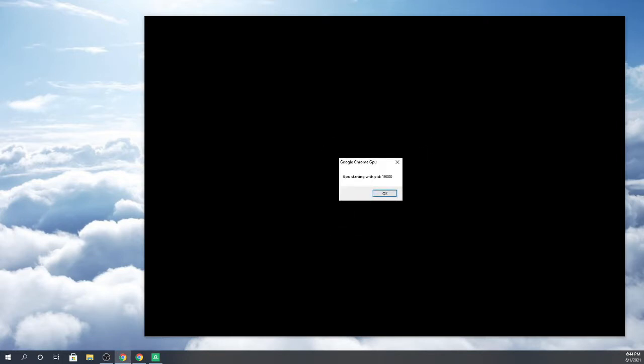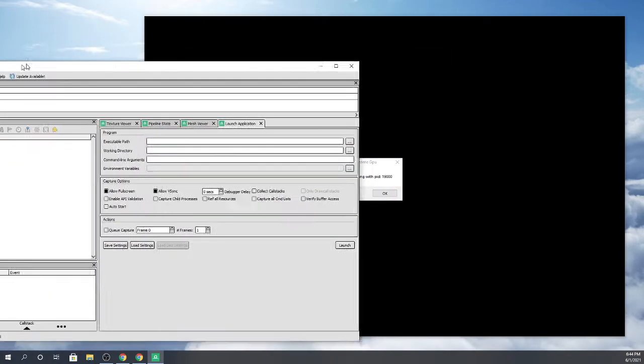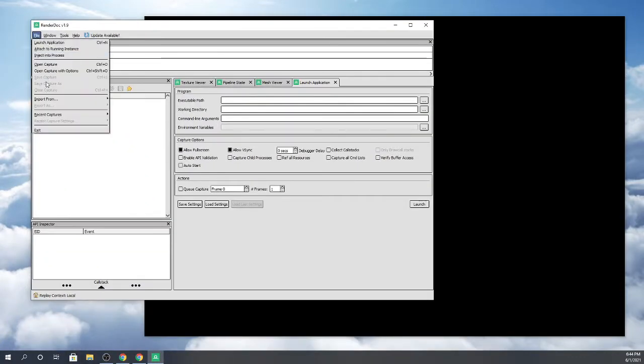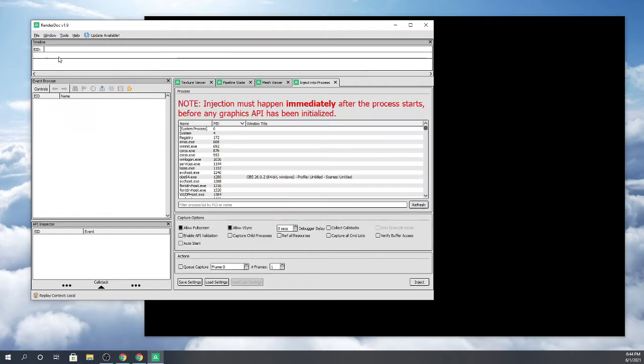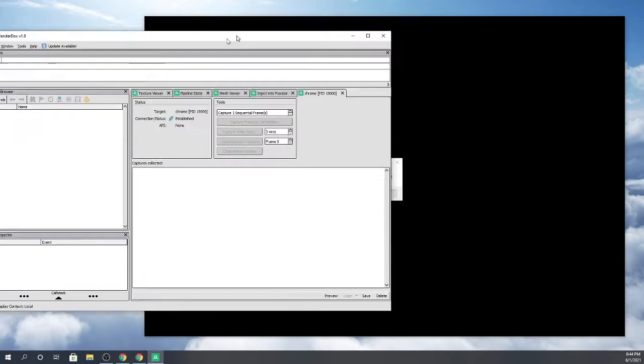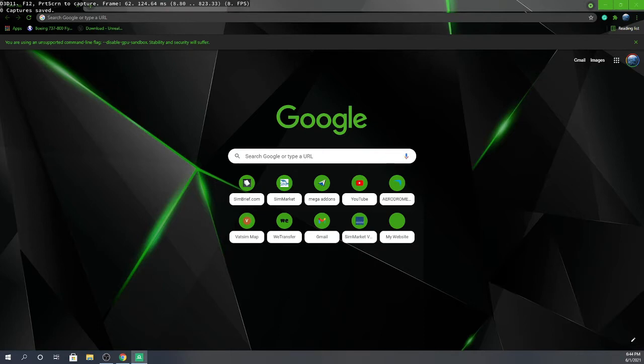This is the very important part. What you want to do is open up RenderDoc, which I'm doing right now, which is here, and just remember that number. It will be a different number for you, but it's 19000 for me. So just press inject into process and type 19000. There we go, it's already popped up. And press inject. Now you can actually press OK, and it will open up a special Google Chrome,